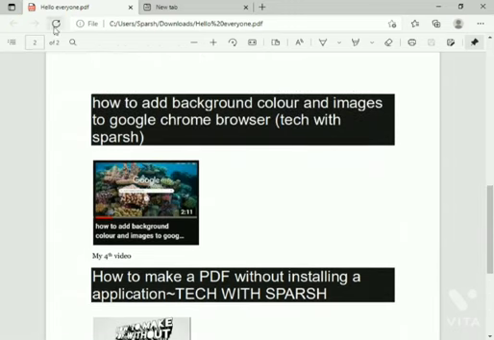After that we have the option of search. When we click here, one more bar will appear, and whatever text we write here, the computer will find that text in this PDF. For example, I am writing my name, Sparsh. Let us check how many times it's written here.